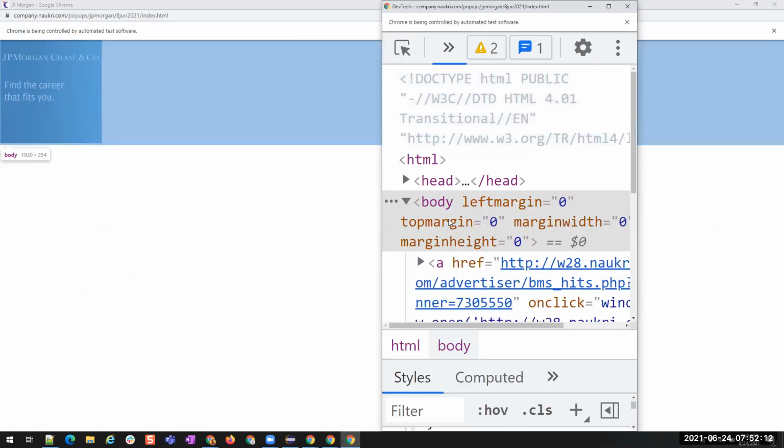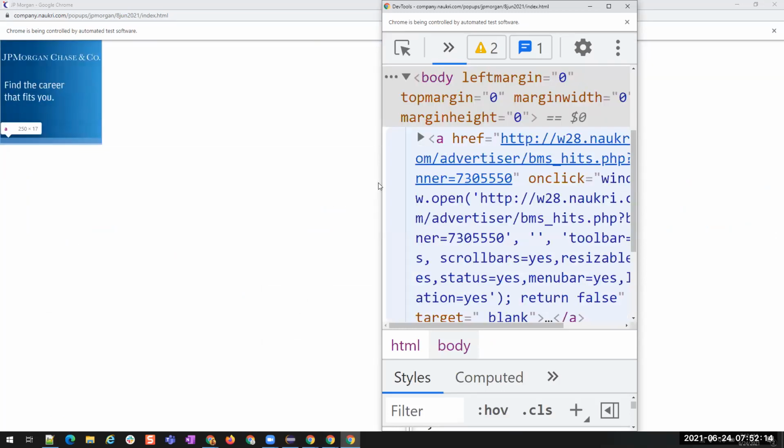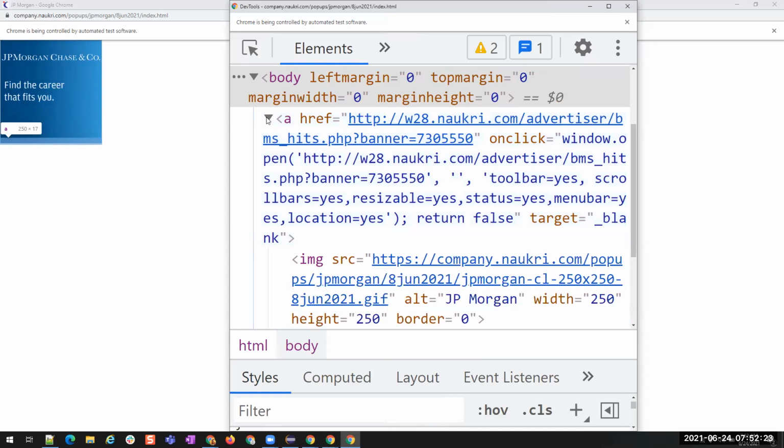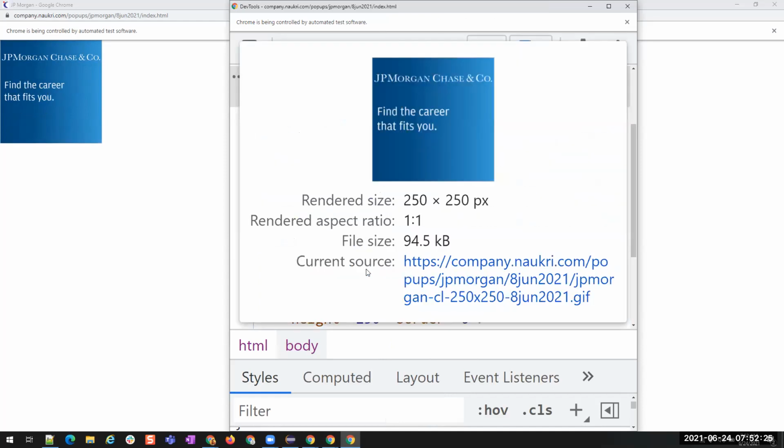Okay, this is body and this is A. You have an anchor tag inside it and you have some properties for this. Let us see whether something is available for us.